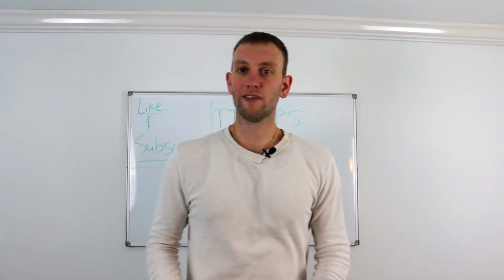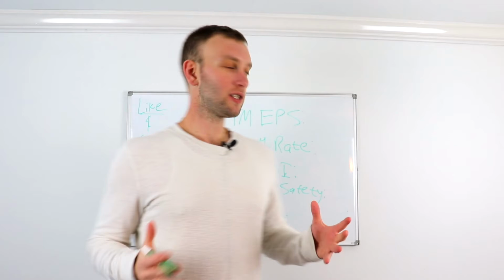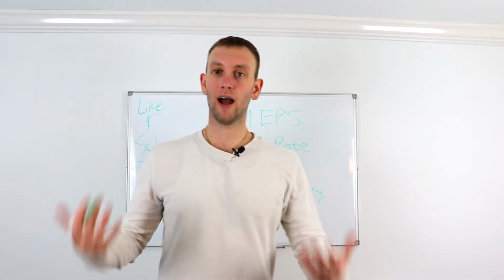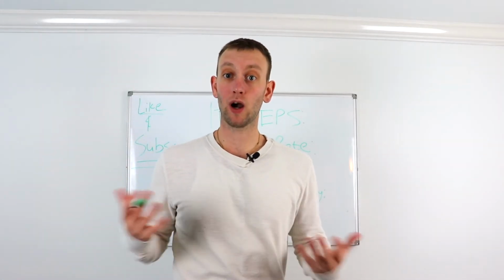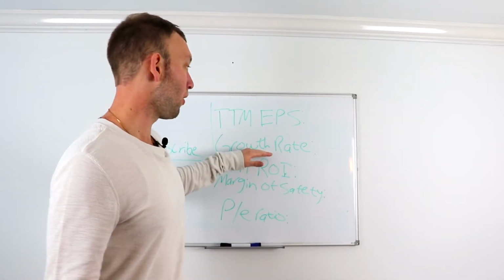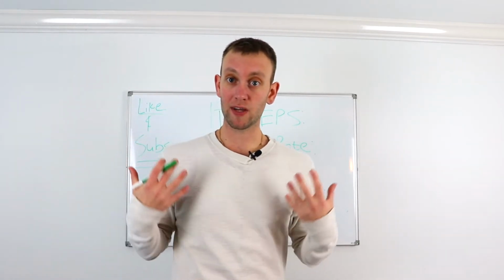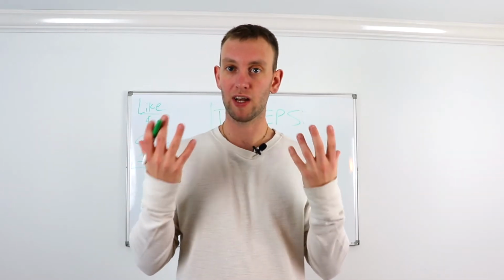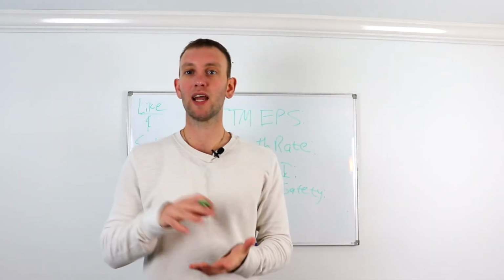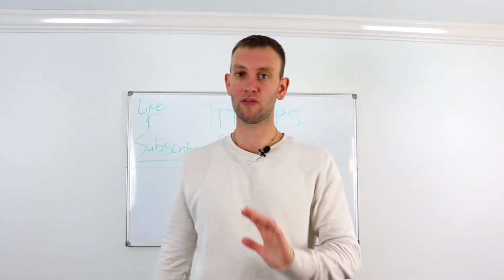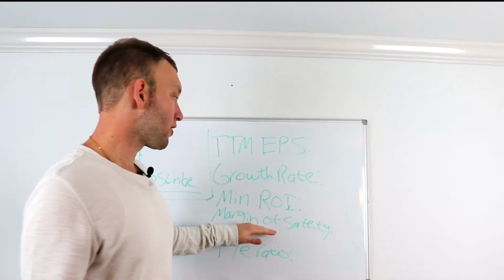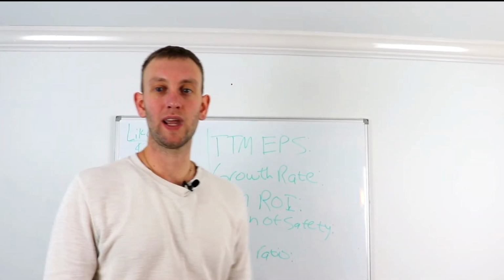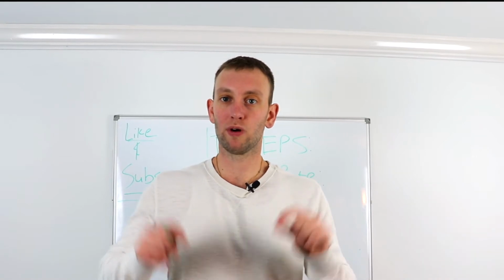So there are a couple of different ways that you can do this, okay? Obviously for the earnings per share and the PE ratio, you can just get those things from Yahoo Finance or maybe MSN Money, which we are going to do in this video. As for the growth rate, you can either come up with that yourself based on where you think the company's going to grow, which I would recommend because obviously you're investing based off your own opinions. But for the sake of this video, we're just going to get the growth rate from Yahoo Finance. But for margin of safety and minimum return on investment, guys, you obviously got to come up with that yourself because you can't just Google what should I put in for the margin of safety.